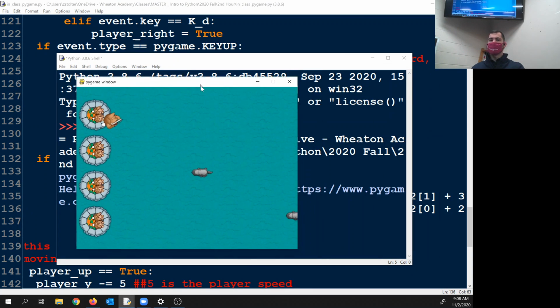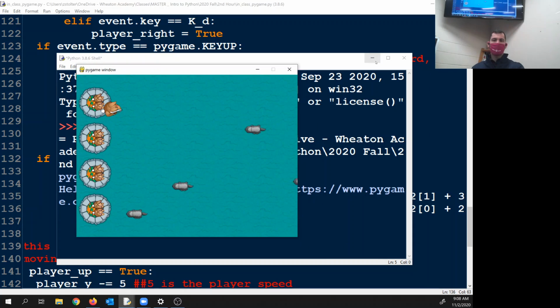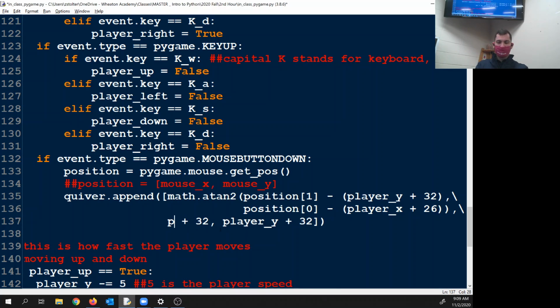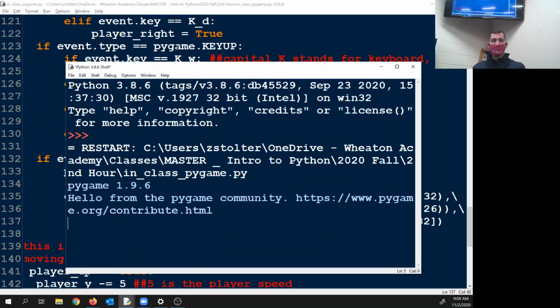Oh, that didn't work. Why'd that not work? All right, hang on. Okay, I found what I did wrong. I changed the wrong variable. It's this one you have to change. Player position 2, bracket 0. Player position 2, bracket 1. So once you do that,